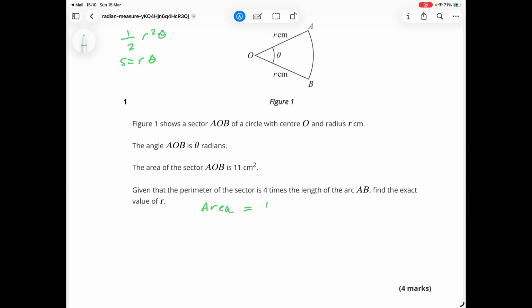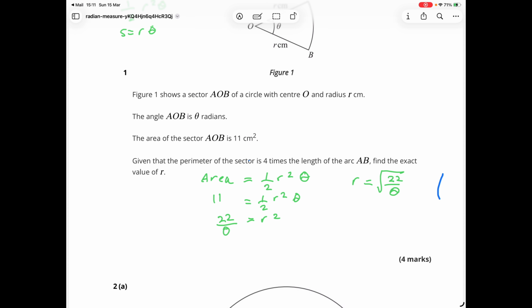equals half r squared theta, and that means we know that 11 equals half r squared theta, so 22 over theta equals r squared, so r equals root 22 over theta. That's one thing we know about r. The next thing we know about r is that